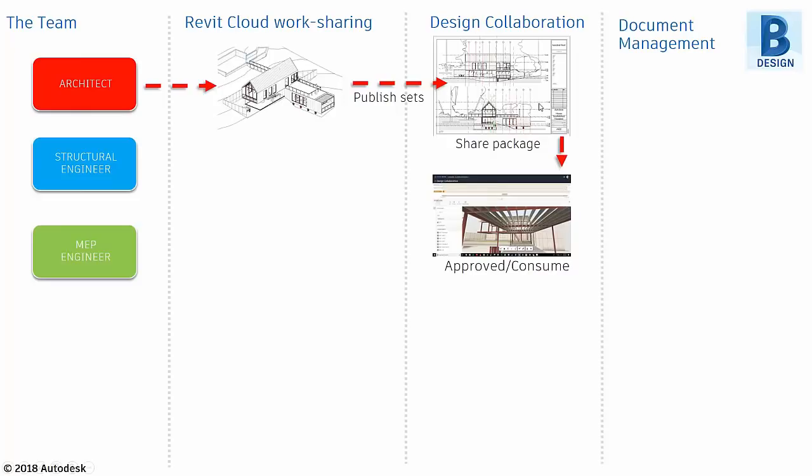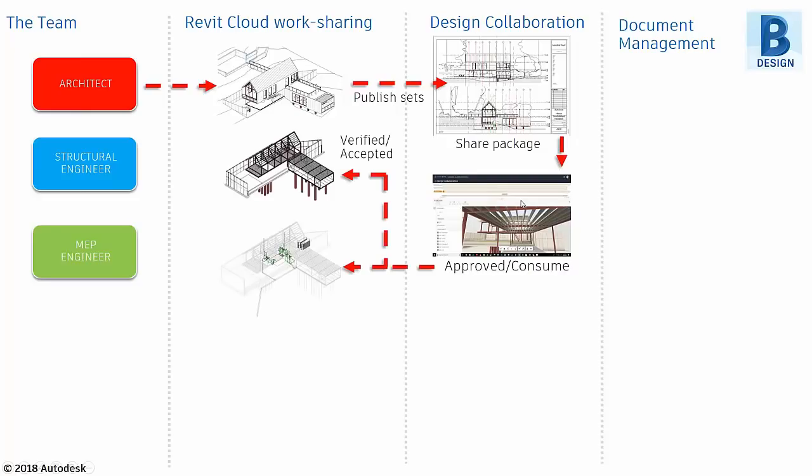So there's a two-step process of sharing and approving, consuming. And then this is the verified accepted model that we link back into our Revit Cloud work sharing environment. So this is the basic overview of the new step moving from Collaboration for Revit to Revit Cloud work sharing and design collaboration. Because it's built now on BIM 360 docs, we have a very powerful document management tool that